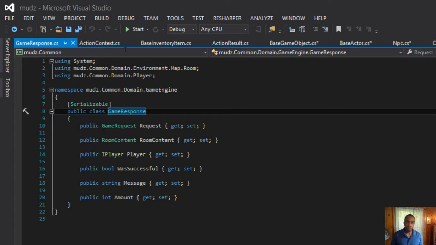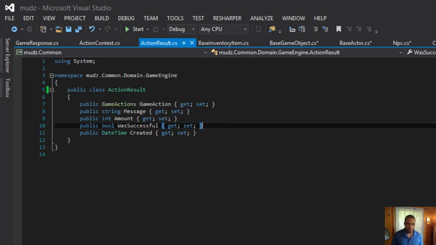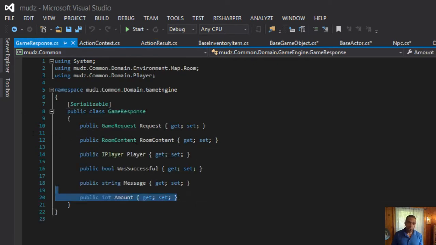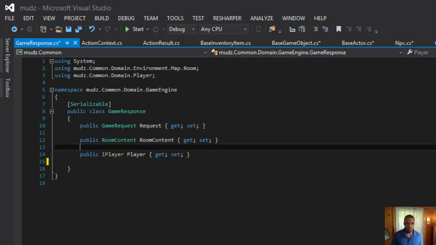Well, inside of our action result, we're taking care of quite a few of those. Taking care of the message, the amount, and was it successful. So let's just go and clear these three things out, because we don't need them. And player. Well, presumably, the player is going to be inside the room content, right? So, we might regret this. Let's go ahead and pull that out.